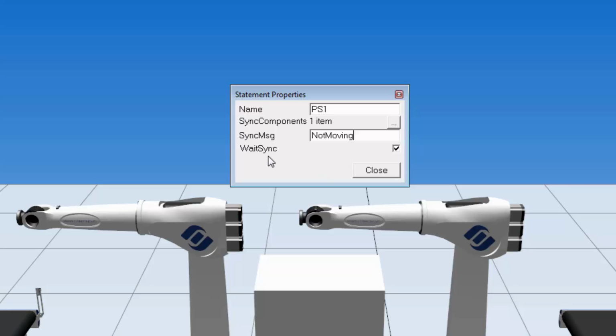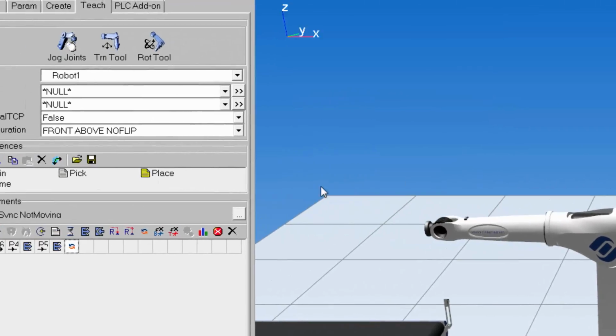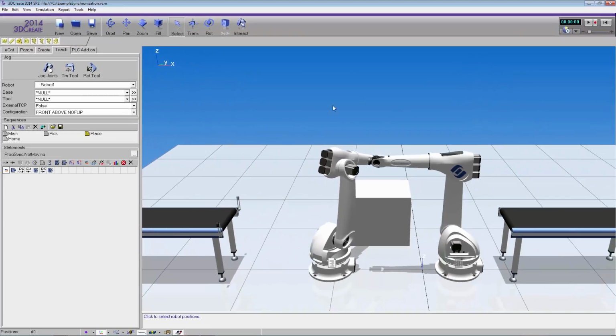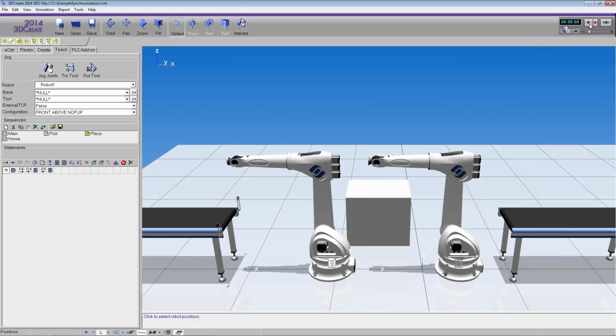And what I can do here with this wait sync property is that the robot has not completed this statement until it actually receives this message from all of the sync components. So it's going to keep on waiting and waiting and waiting until the message is received, and then it can start executing the next preceding task. So if I close this out, let's move the program sync statement to the start of the place subroutine. So now if I reset the simulation and run it again,